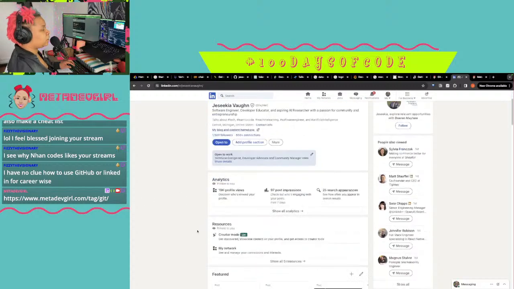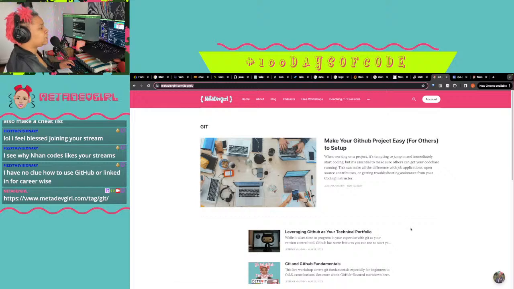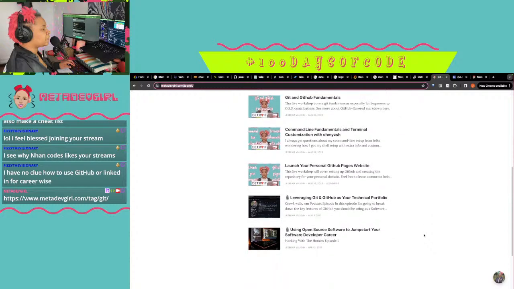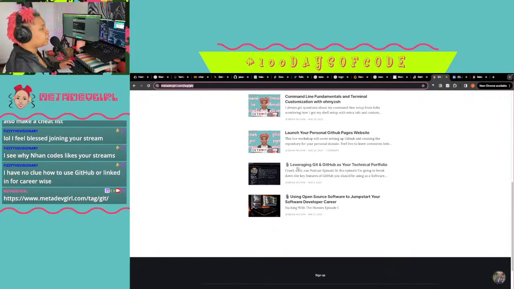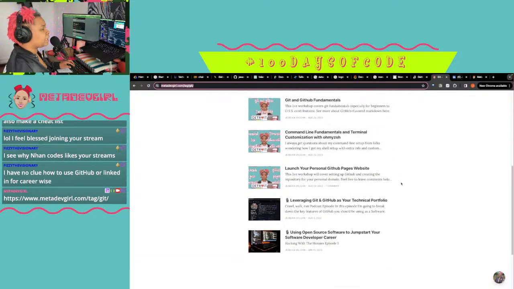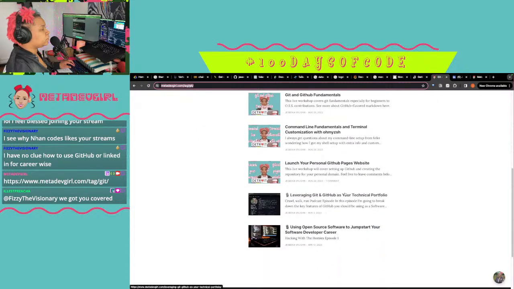And then I really recommend taking a look at these. The place to start here for Git would be leveraging Git and GitHub as your technical portfolio. I have to re-record this.